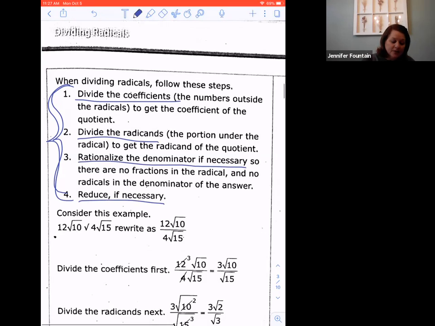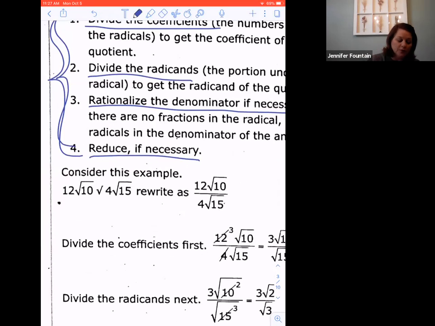So the example they gave us was 12 times the square root of 10. We talked about how this little funky symbol, for whatever reason, means divide, divided by 4 times the square root of 15. That means whatever comes first becomes my numerator. Whatever comes after the division sign becomes my denominator. Okay, so when I write it vertically,